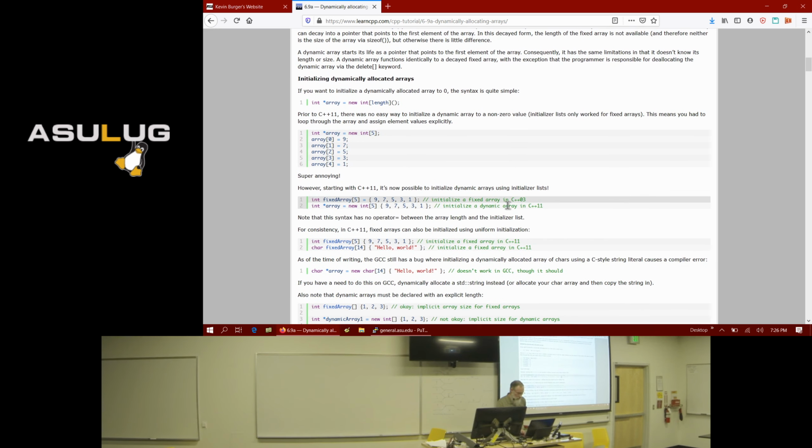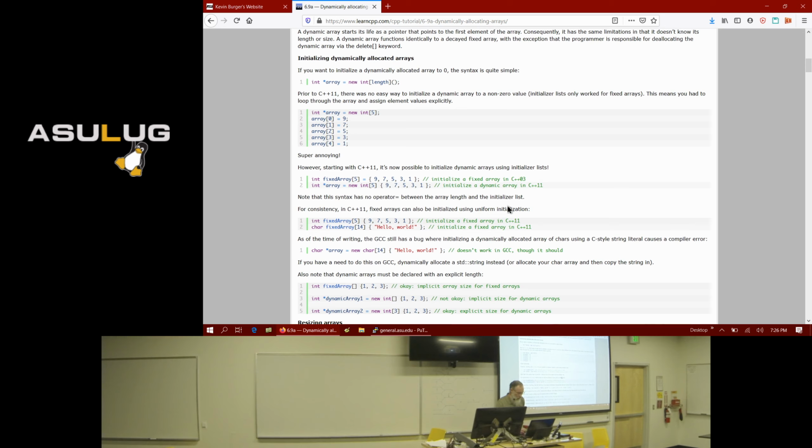Okay, here it is. So it says prior to C++11, there was no easy way to initialize a dynamically allocated array. This would be the way you would have to initialize it.